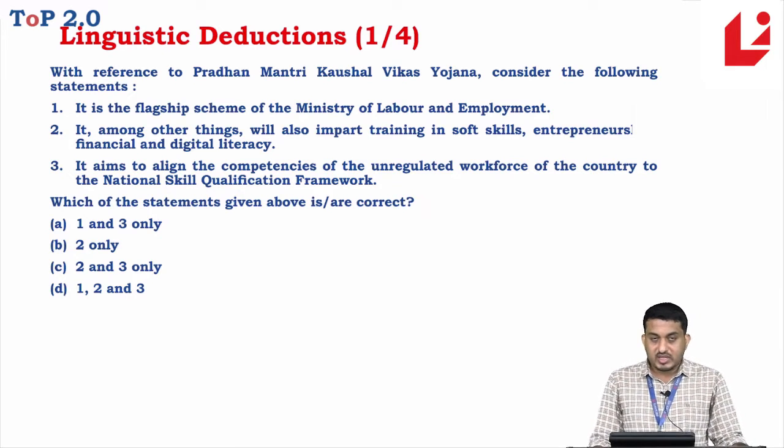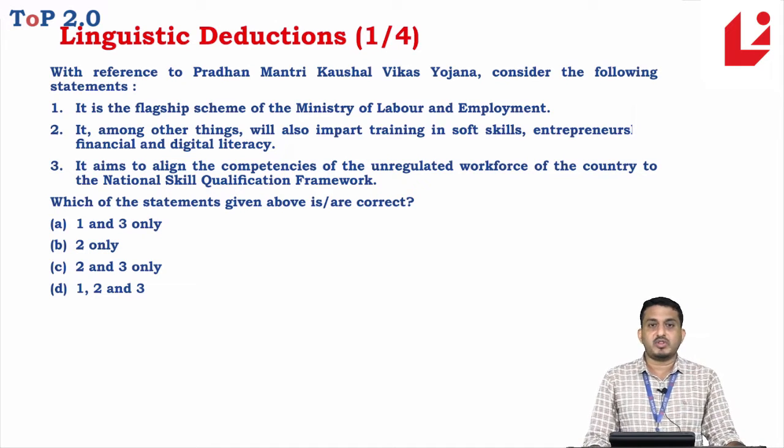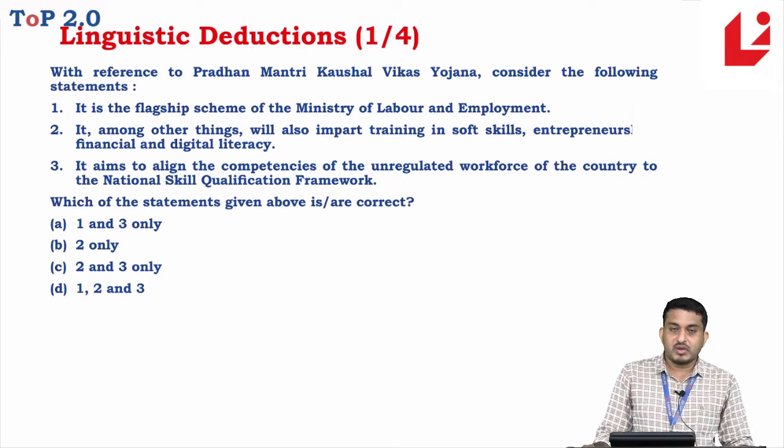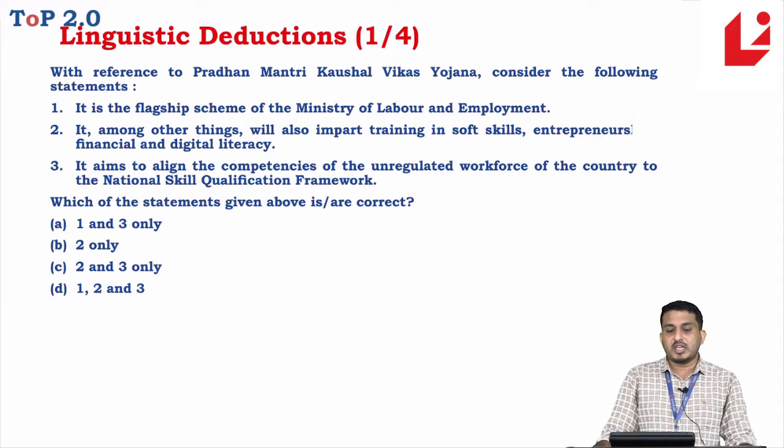Now if I talk about the next one, we talked about common sense and intuition. With a very basic knowledge, with a wider thinking process, you can actually arrive at the right answer, or you can eliminate options and arrive at the right answer. Now the last segment is linguistic deductions. This is the least